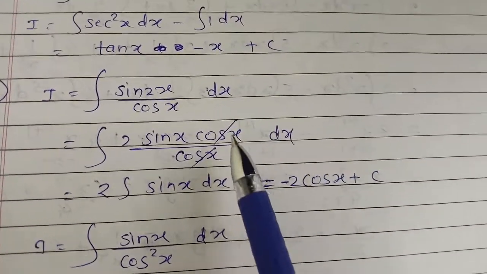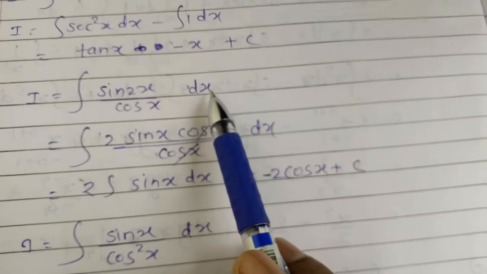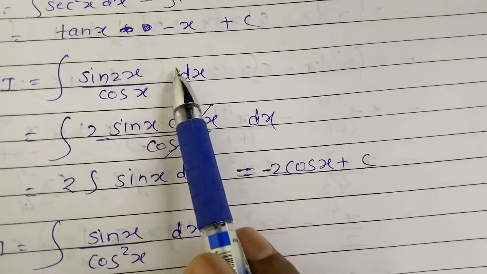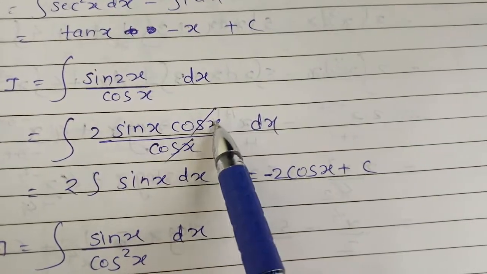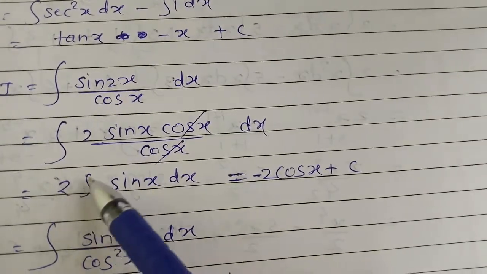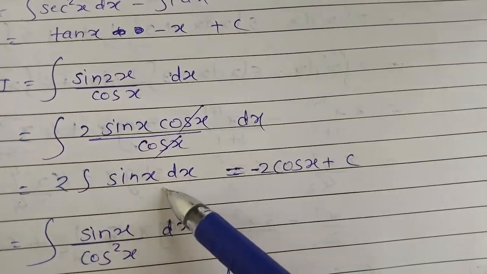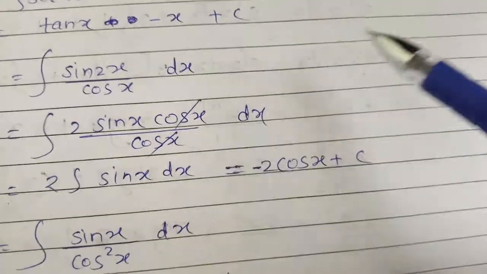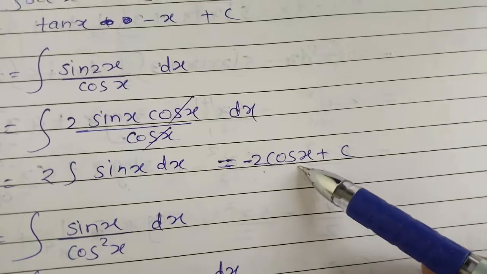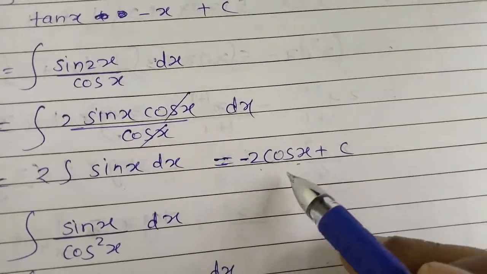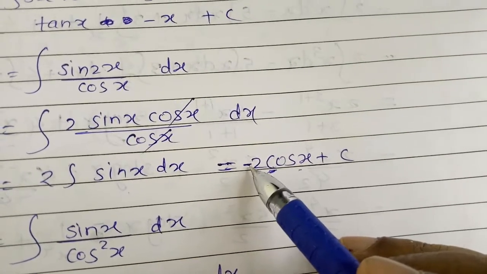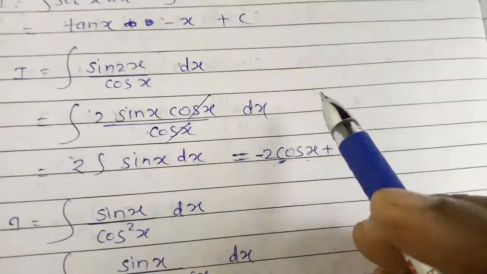Now see the second example, that is I is equal to integration of sin 2x upon cos x dx. So you know the formula of sin 2 theta that you learn in the 11th standard, that is 2 sin x into cos x upon cos x. So these terms get cancelled, and we take the 2 outside the integration sign, so the quantity remaining is sin x. So what is the integration of sin x? The answer is minus cos x, and we have to write down the 2 as it is. And whenever the answer is in terms of c, here we can see the c, it always has the minus sign, so minus 2 cos x plus c.